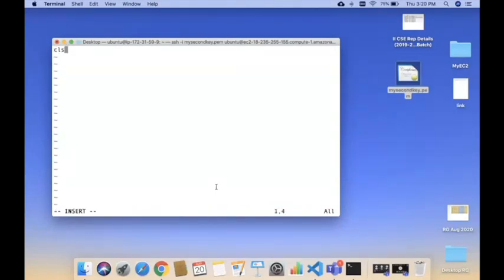It's the same thing: a class Sample, public static void main, String args, and a simple print statement, Hello. Save and quit.